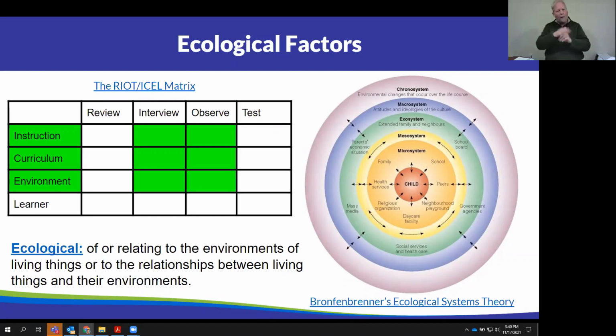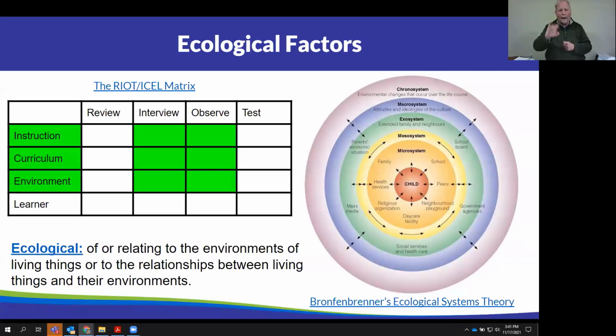And when it comes to the schools piece of that microsystem in the ecological model that you see on the slide here, you're just taking a close look at the instruction, the curriculum, and the environment around the student at the school. And we have a nice little tool, that RIOT ICEL model matrix that you see